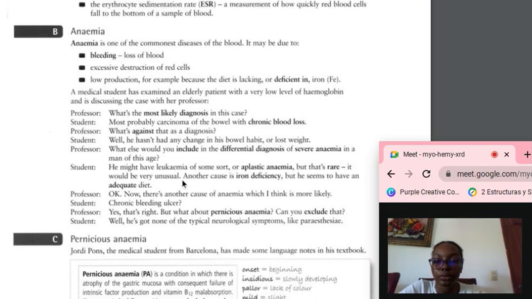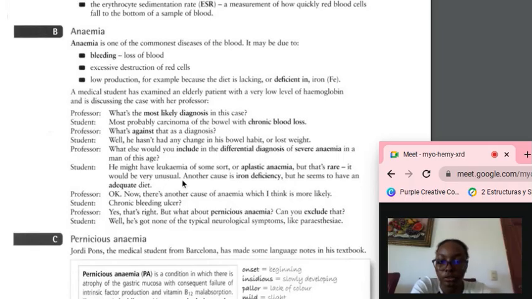A medical student has examined an elderly patient with a very low level of hemoglobin and is discussing the case with her professor. Professor: What's the most likely diagnosis in this case? Student: Most probably carcinoma of the bowel with chronic blood loss. Professor: What's against that as a diagnosis? Student: Well, he hasn't had any change in his bowel habit or